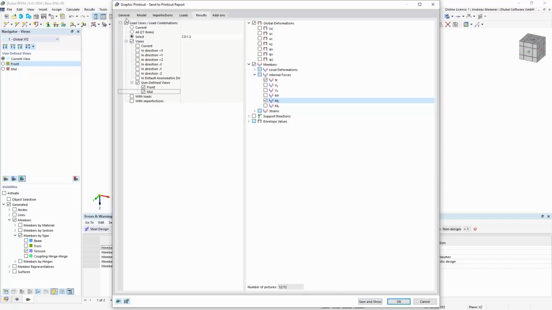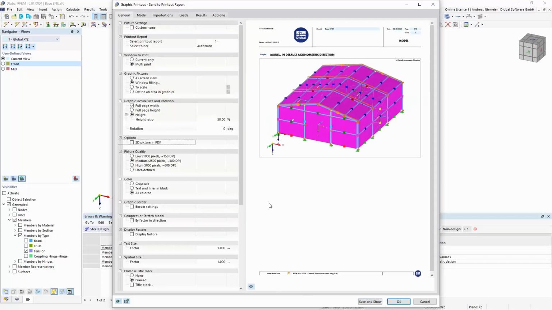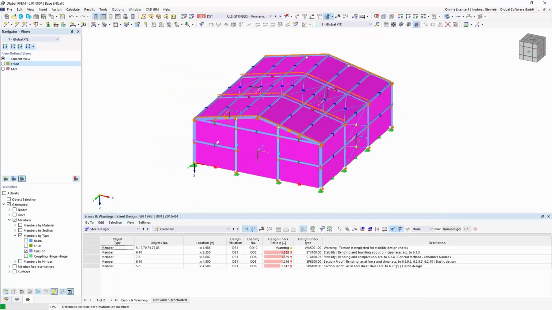And if we are done, we can check the preview by updating it, and we get in the preview not only one picture, but the complete series of 12 pictures, I think. So it's updating now.